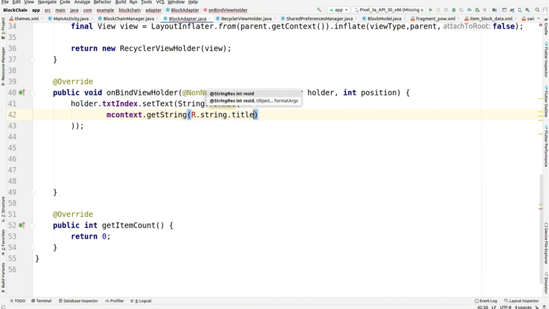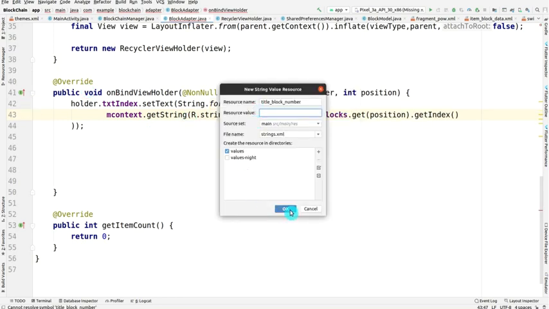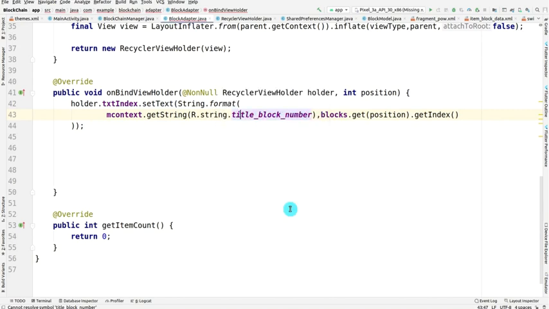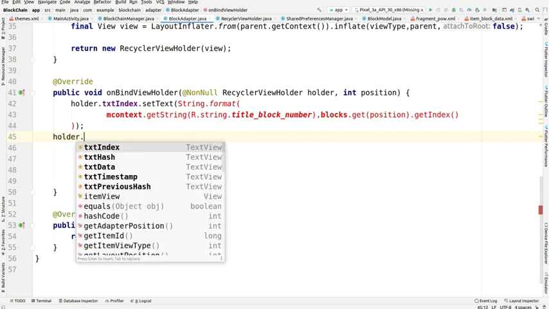And if it is not created, then you can just create it here by clicking alt plus enter. A red text will appear if it is not created. You can see that I pressed alt plus enter, click on OK. Now this has become all red because of some format issues that I will be tackling. But before this, I am just completing the method on bind view holder right now.